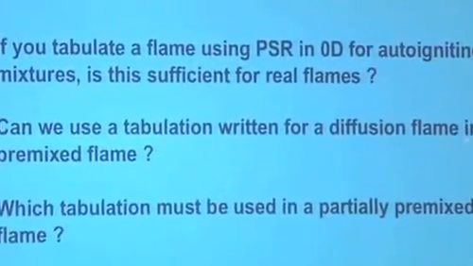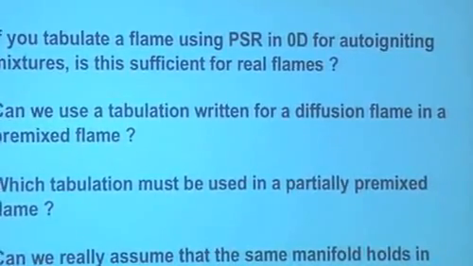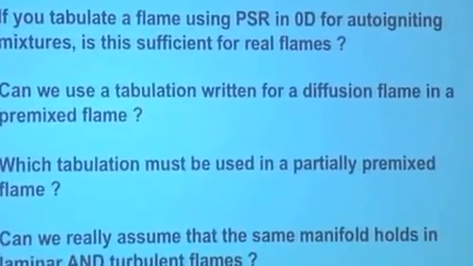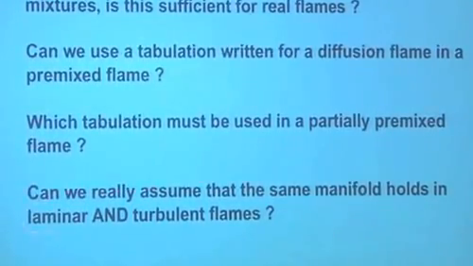But you could do also the same thing for a diffusion flame, laminar, or for a premix flame. Which table should you use? Well, that's the whole point. In practice, this doesn't work. You need to measure your tabulations, usually either in diffusion flames or in premix flames, with a range of equivalence ratio if you want to cover everything. And of course, as I said, this question here remains the main question. And I don't think anyone has really answered that for the moment.